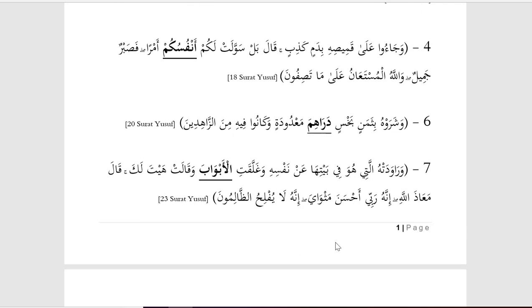Here we have al abwab. Okay, and that should look pretty familiar. Again, the hamza is extra and the aleph is extra. That's one of these plural forms. And so we're left with ba wa ba. If you remember, ba wa ba is our asl for bab. And so al-abwab is the plural of bab.